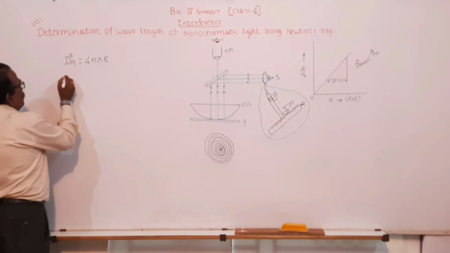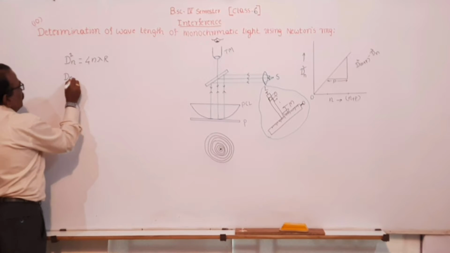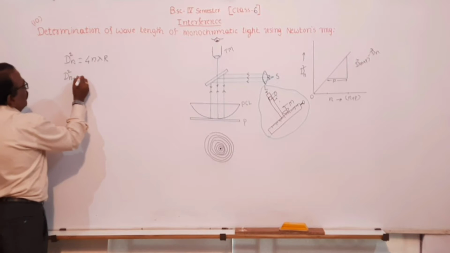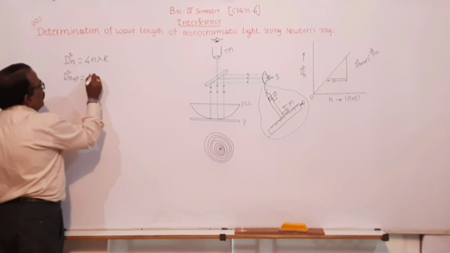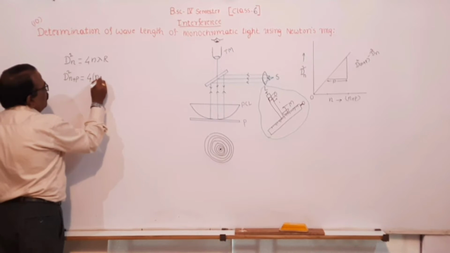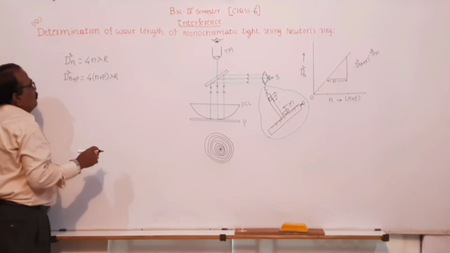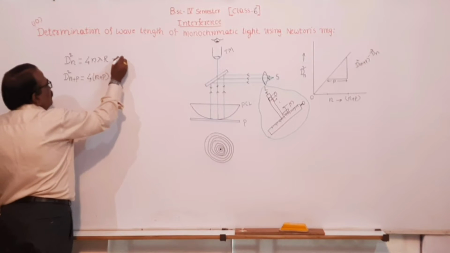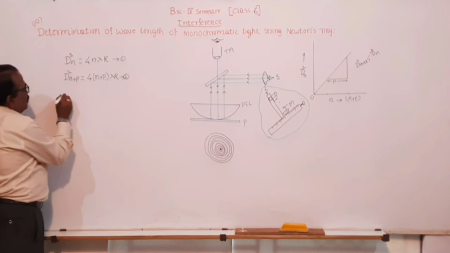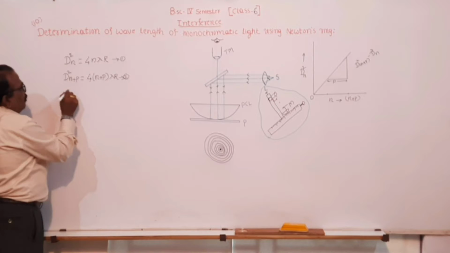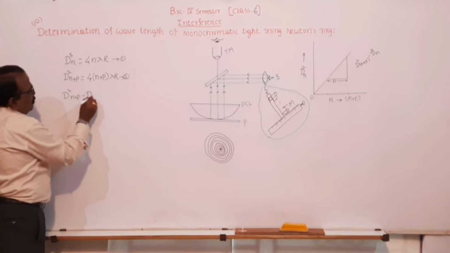The same equation can be written for the (n plus p)th fringe: D(n plus p) whole square is equal to 4, in place of n, it is n plus p, lambda R. So call this equation 1, call this equation 2, and D squared (n plus p) minus D n squared,